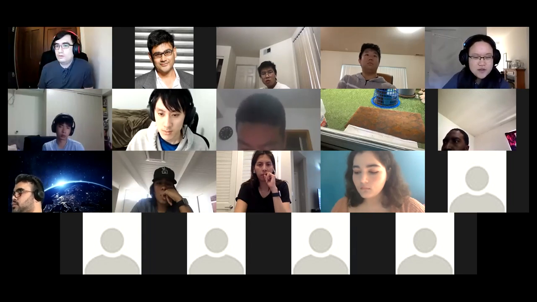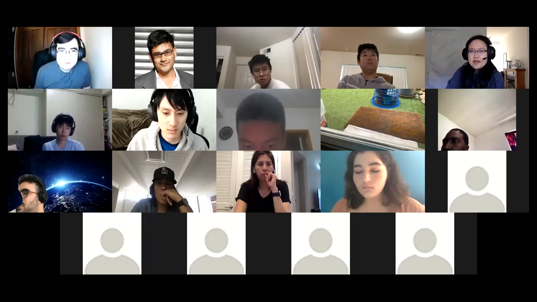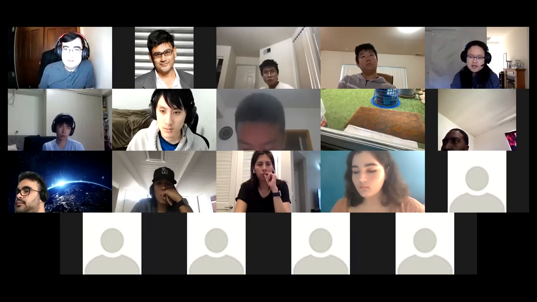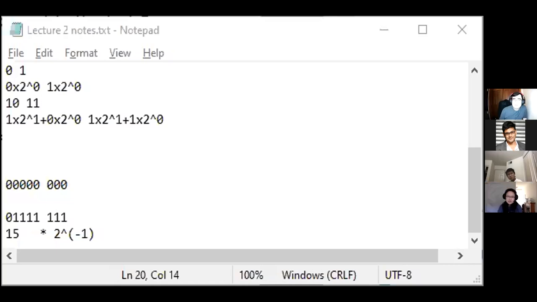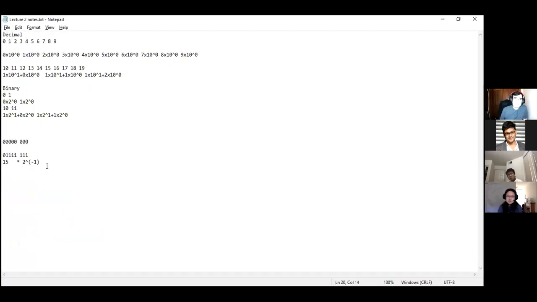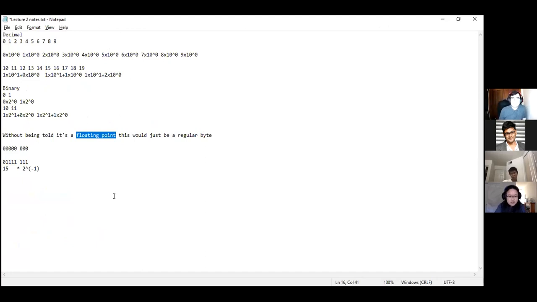I have another question though. Yeah, sure. So they're all 8 bits, right? Then how can we know that this is a floating point instead of a regular number? It's going to be given to us, basically. Yeah, because in the example about 7.5, it's highlighted in the last 3 digits. Then I know that means the exponent, the power of the 2. But yeah, that's my question. Thank you. Pretty much, if it's not told to you, there's really not a great way to know.